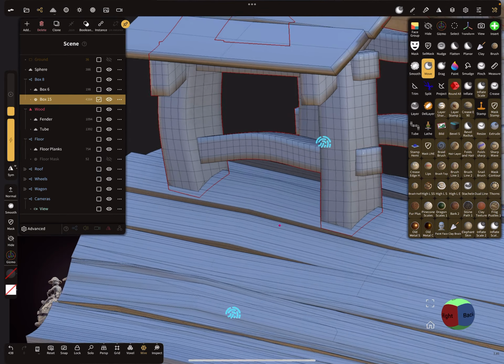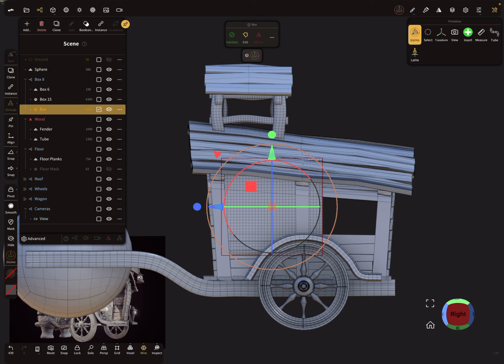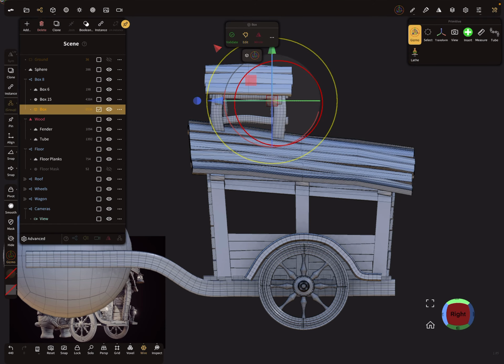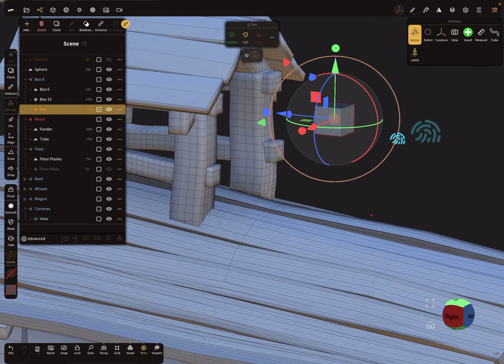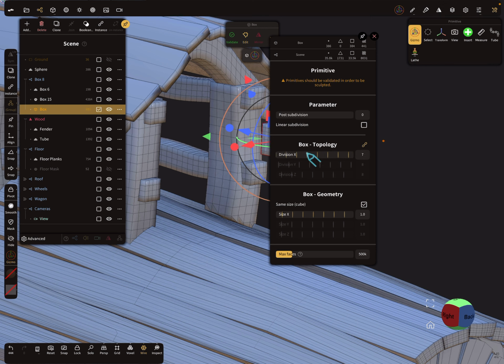So there was yeah, this small things here. I think I add a box. So I changed the division.